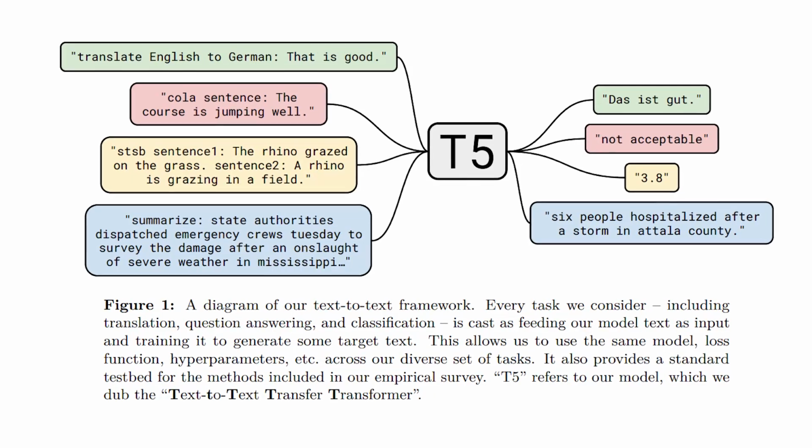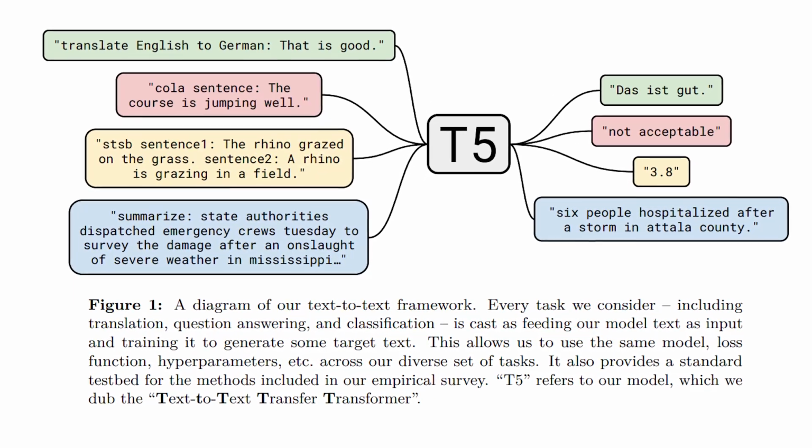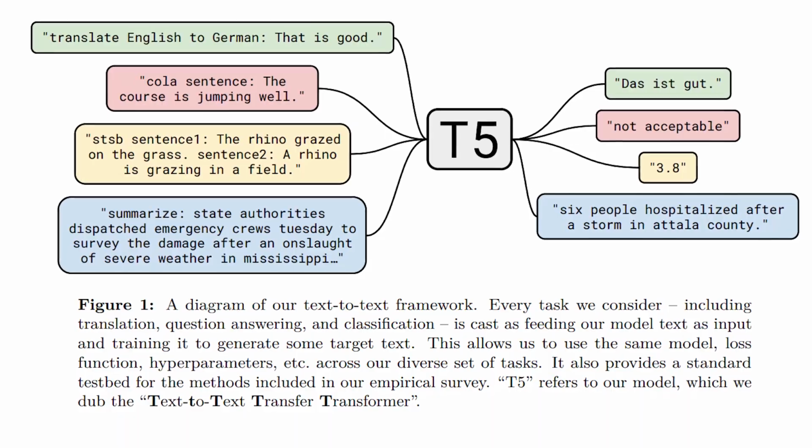Now, one of the cool innovations in this paper is that they created a text-to-text architecture. And what that means is they didn't need to change anything, even though they were testing against many different types of upstream tasks. Now, you might think that this is a form of multitask learning, and it kind of is, but it isn't. They still fine-tune it on all of the upstream tasks, but they did do a version where they trained it uniformly across all of the tasks. And after some tweaking, I was surprised to see that the performance wasn't actually that bad.